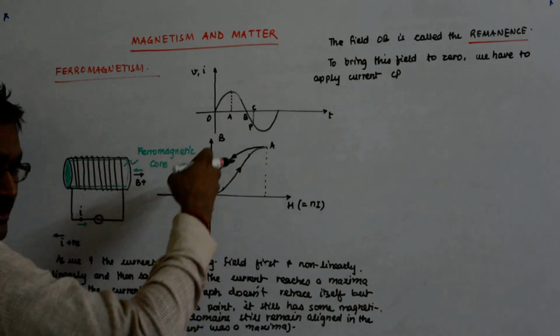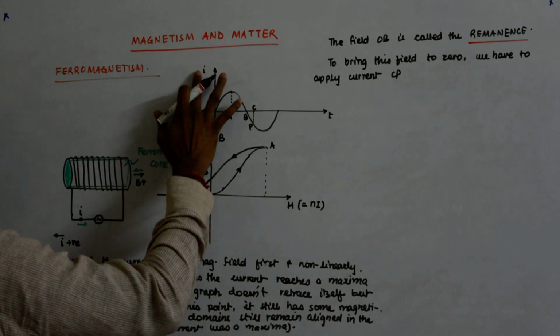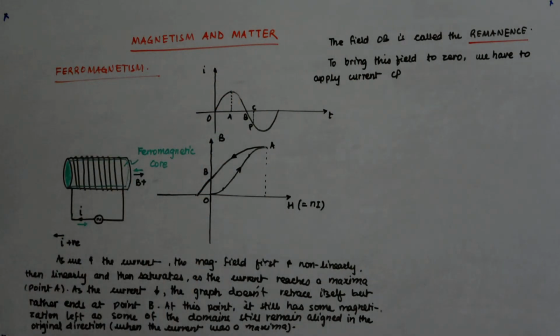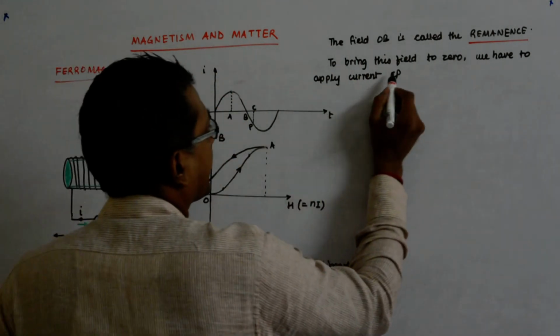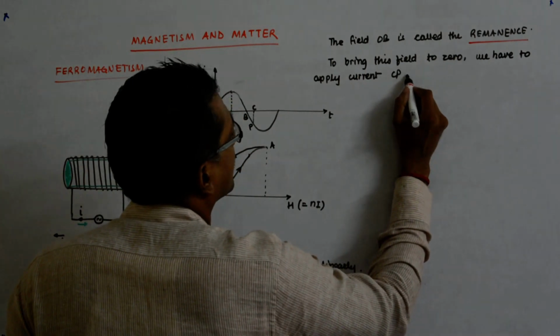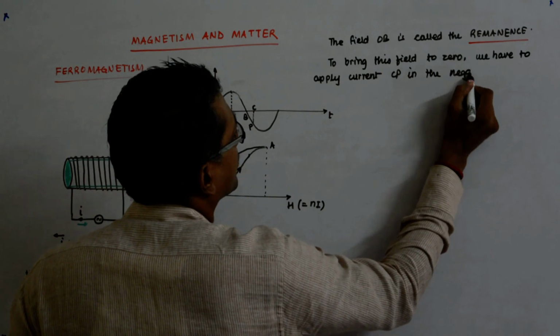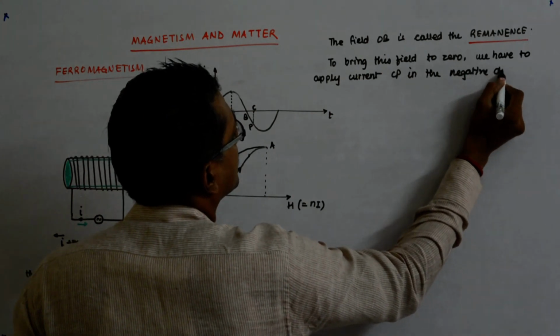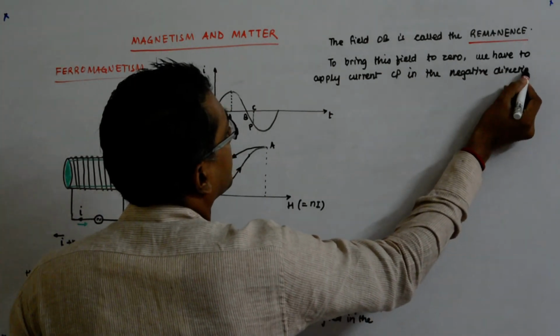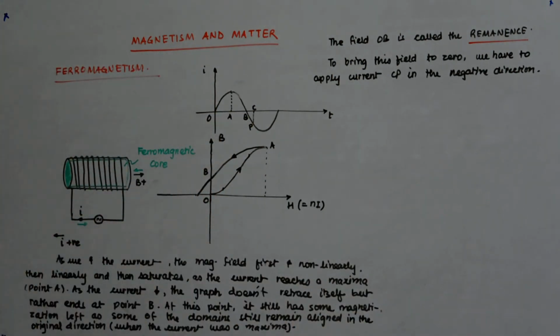This is time versus current for this, okay. So apply current CP in the negative direction, okay. To bring this field to 0, we have to apply